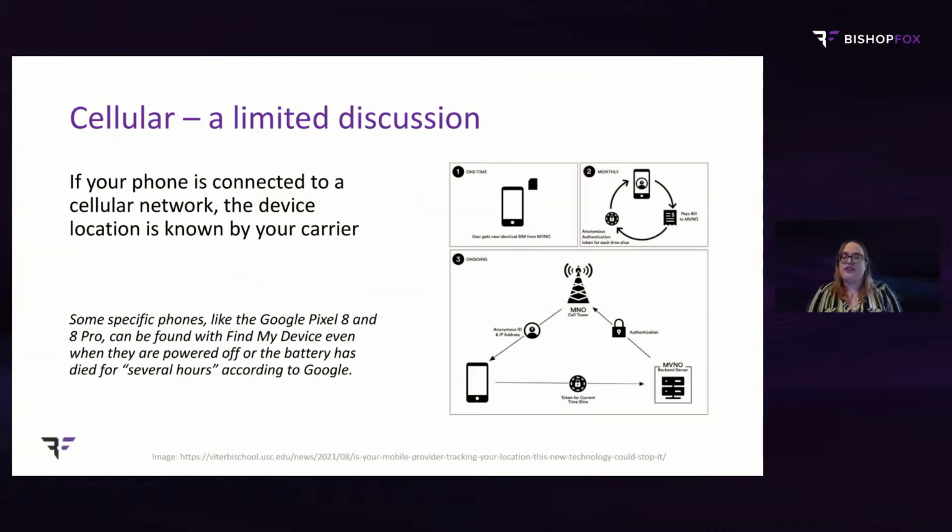So we're going to have, again, a very limited discussion about cellular, but if you're not familiar, your phone knows where you are. It has to, from your carrier, to be able to connect it to the closest tower. There are different types of trilateration and methods to be able to determine a location via cellular, but it should be kind of obvious that these devices are tracked if you are familiar with this field.